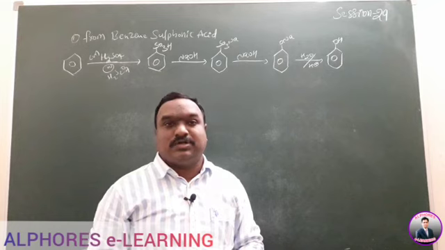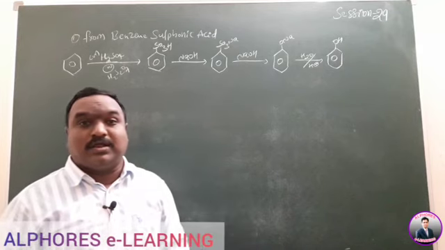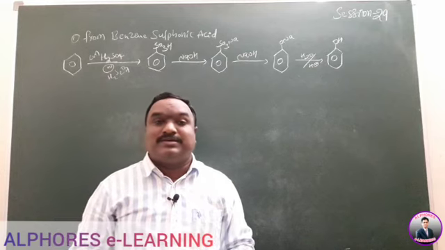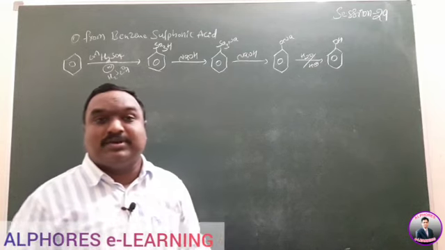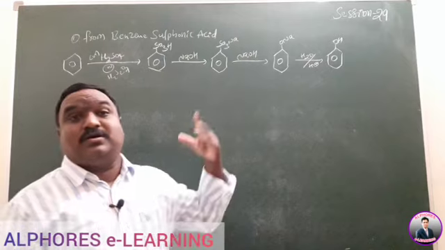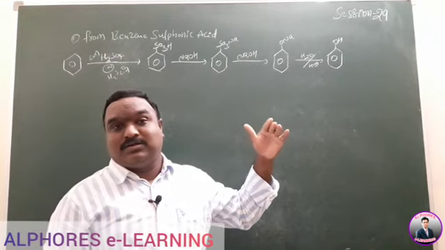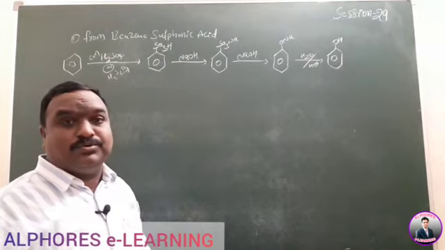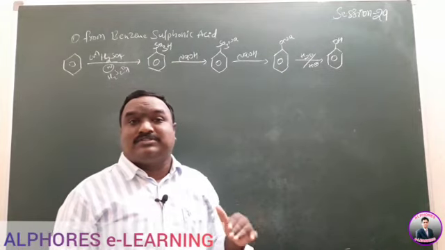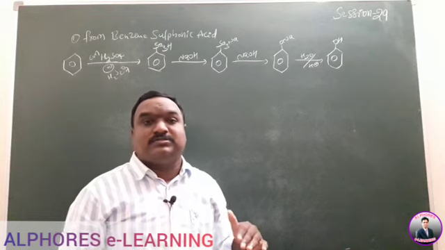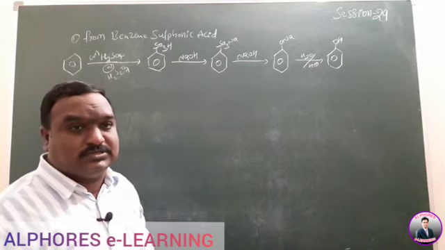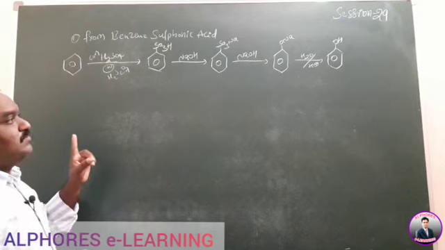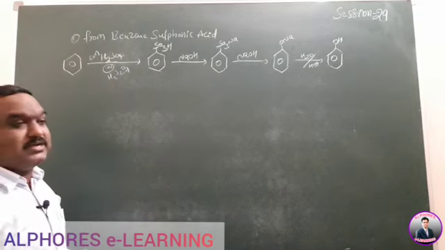This is a nucleophilic substitution reaction, a bimolecular aromatic substitution reaction, you remember this one. Why aromatic substitution? Because the group connected to the aromatic carbon is replaced by the incoming group. Both are present on the aromatic carbon, which means aromatic substitution reaction. This is the way to prepare phenol from the given benzene sulfonic acid.